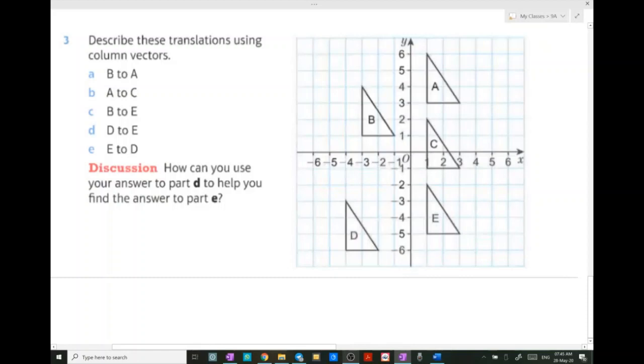Describe these translations using column vectors. So when you're translating in part A, shape B to shape A, you are moving 1, 2, 3, 4, so plus 4 because you're moving to the right along the x-axis. Then you're going 1, 2, plus 2 along the y-axis because you're going up. So for A, the answer is going to be (4, 2), and you have to write it in this manner